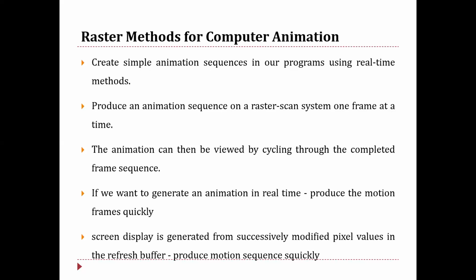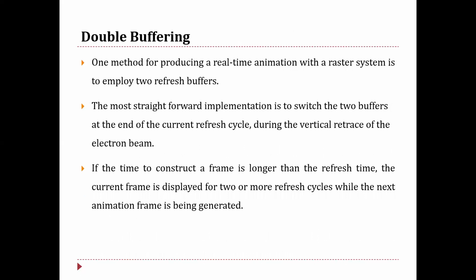When it comes to the raster method, usually in order to get all our tasks done, we make use of double buffering, and we also look at generating animations using raster operations. First, let us start with understanding what double buffering is. Now we are speaking about generating real-time animations such that two frames do not have any time gap. It should look like a single sequence for us.